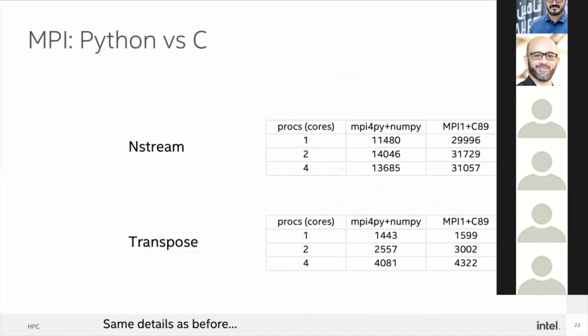Lastly, because I knew my audience, I wanted to talk about MPI for Pi, and this is just to say that, for the basic stuff like stream triad or triad-like kernels, you notice the overheads, and I don't know what the overheads are precisely, other than that they're totally consistent with the sequential version. So this is not an MPI for Pi problem by any means. But for transpose, and I will say Lisandro helped with the peer review of this code more than anything else, and that's, I think, why these are good, you see now for something non-trivial, MPI for Pi competes very nicely with MPI 1 and C89.